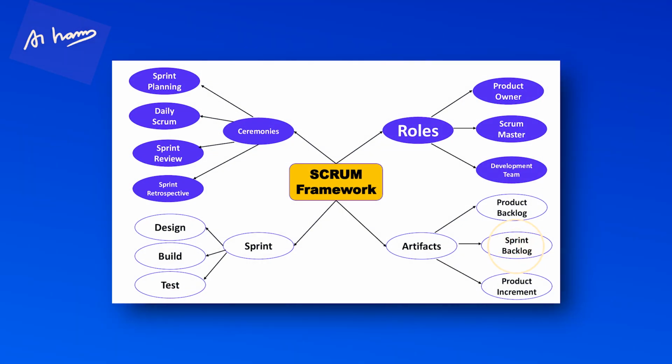So that's like a never-ending list that is being built. It is primarily built by the product owner. Additions can be made by the development team and Scrum Master also, based on the iterations that are happening and the learnings on the project. So the primary person responsible for managing the product backlog is the product owner. From this product backlog, prioritized work comes into the sprint backlog. That is the second artifact.